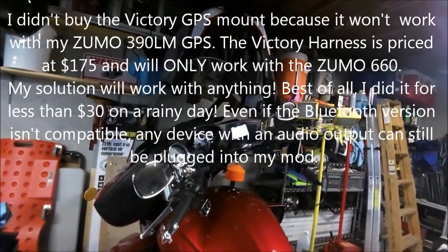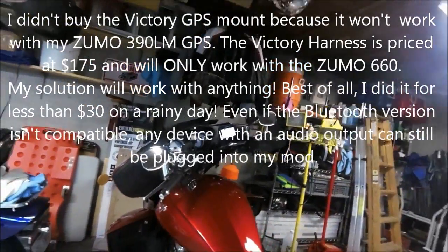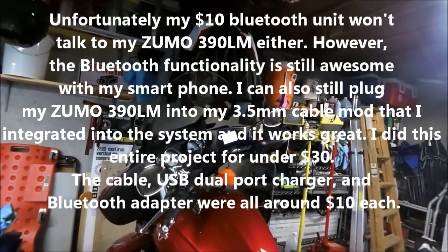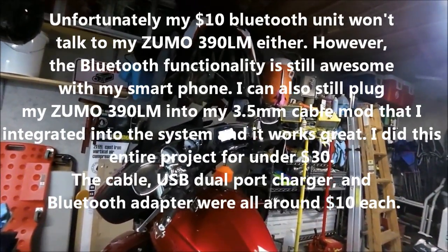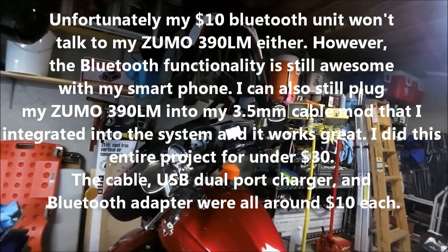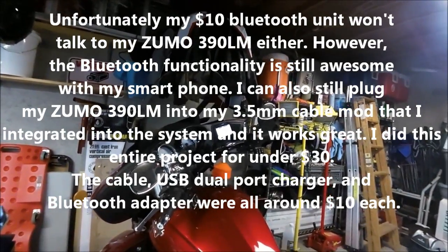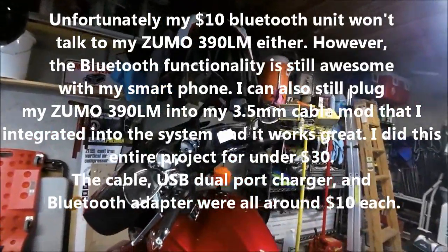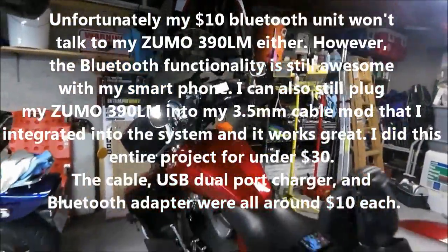Unfortunately, that's not the latest greatest model. The 390 is the one I currently have, a 390 LM, and there are newer models coming out, and the Victory harness does not work with those. It does not play nice. It doesn't even fit. So I came up with an alternative method, and what I decided to do, I said,